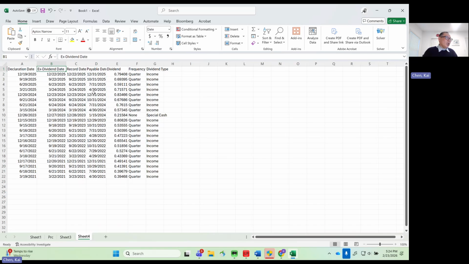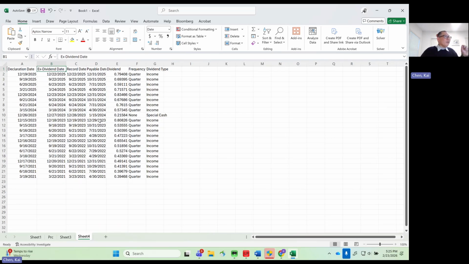In investment, we have learned this. Ex-dividend date means if an investor owns the share before the ex-dividend date, he or she has the right to receive the dividend. Okay, what does this mean? That means,